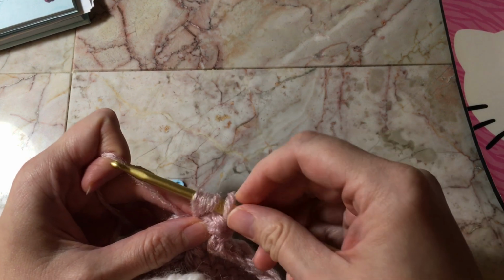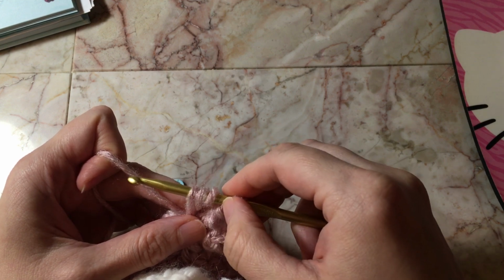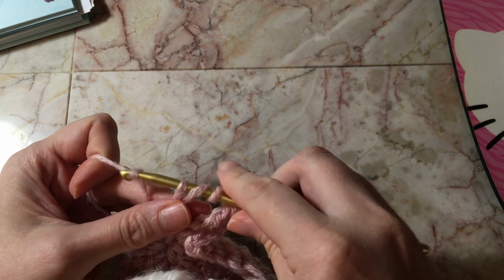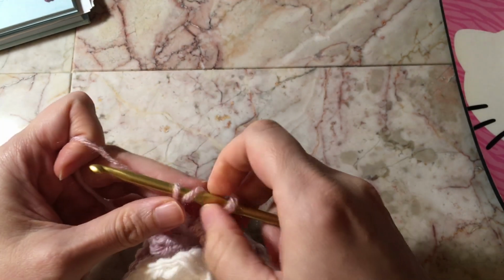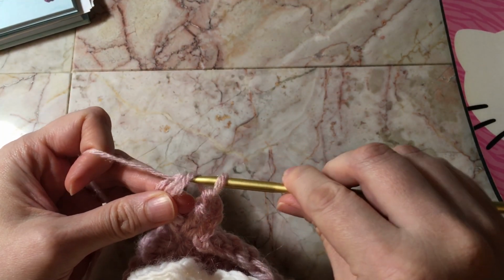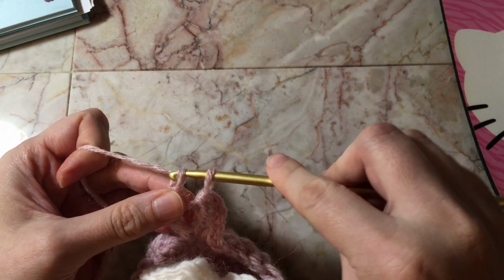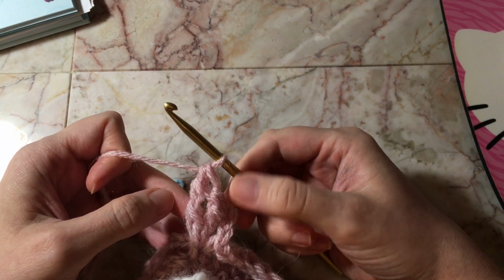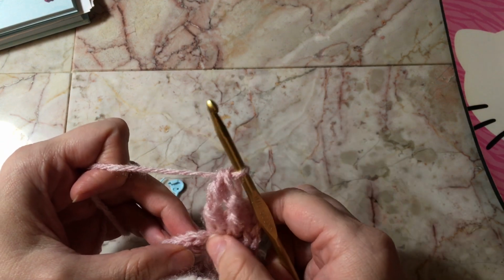So we're going to have 4 loops now on our crochet hook. Now we're going to wrap around and go through the first 2. Wrap around our hook, go through the first 2, wrap around our hook and go through the first 2. We have made our first triple stitch in round 7, and we are going to continue to do that, and